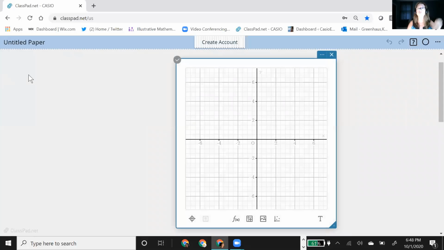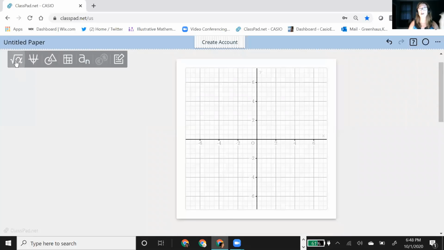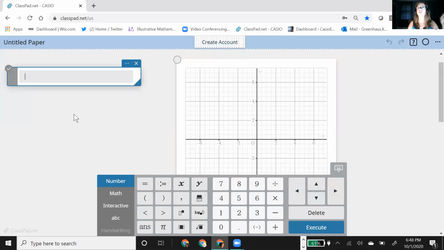Another way to do it is to use the calculate sticky. So if I get the calculate sticky and I define a function first, so I'm going to define a function in the calculate sticky, and what that does is it allows that function to be used throughout the paper without having to type it again, because the paper or the ClassPad knows that once you define a function, wherever you use that function, it's the same function. So if I use it in 3 different graph stickies, it's the same function no matter how many times I use it. And you can then hide this calculate sticky under a graph or something and they can't see it. So let me explain what I'm talking about.